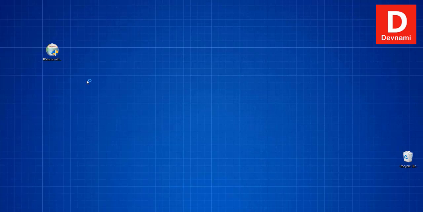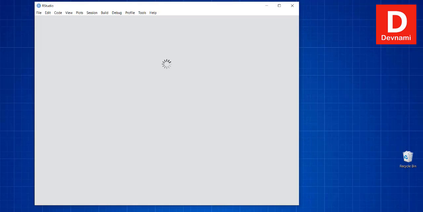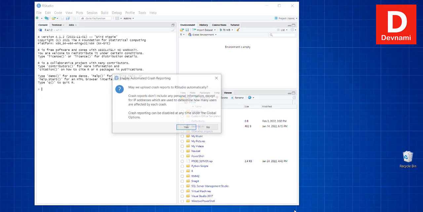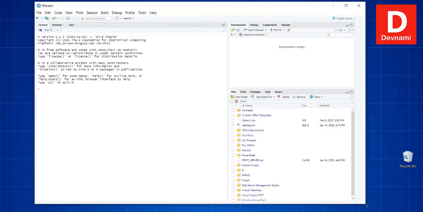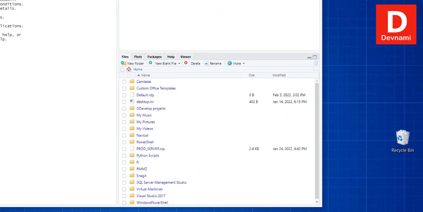Once installed, it should open one window for you, which you have to configure as per your default. Here you see it will ask you to enable automated crash reporting. If you don't like data being shared, select no. As you can see, by default your RStudio looks something like this, separated in 3 panes, left being the console, right